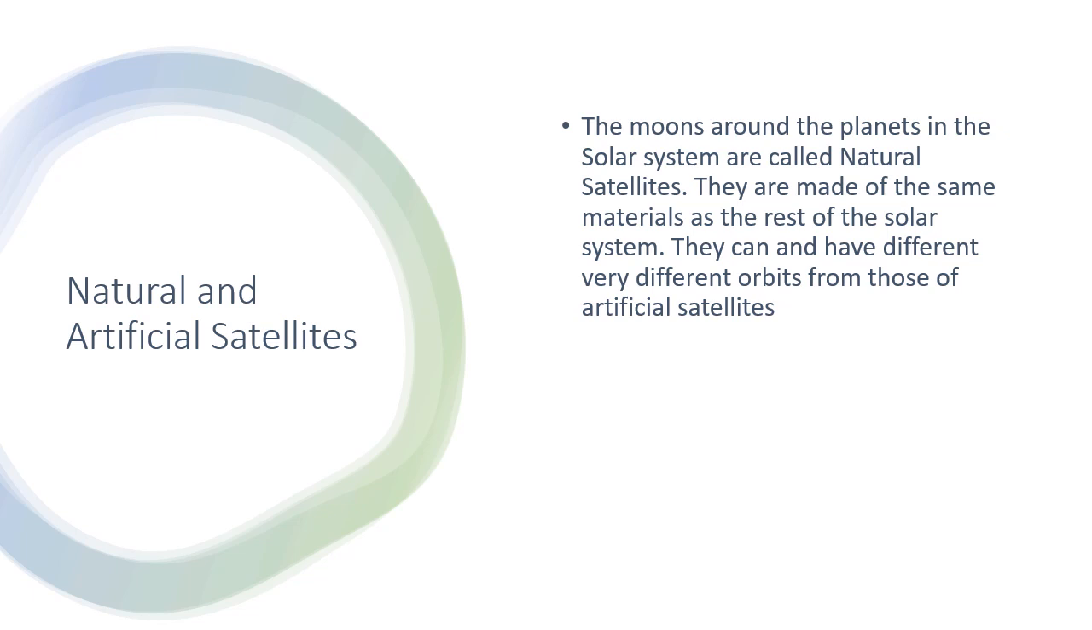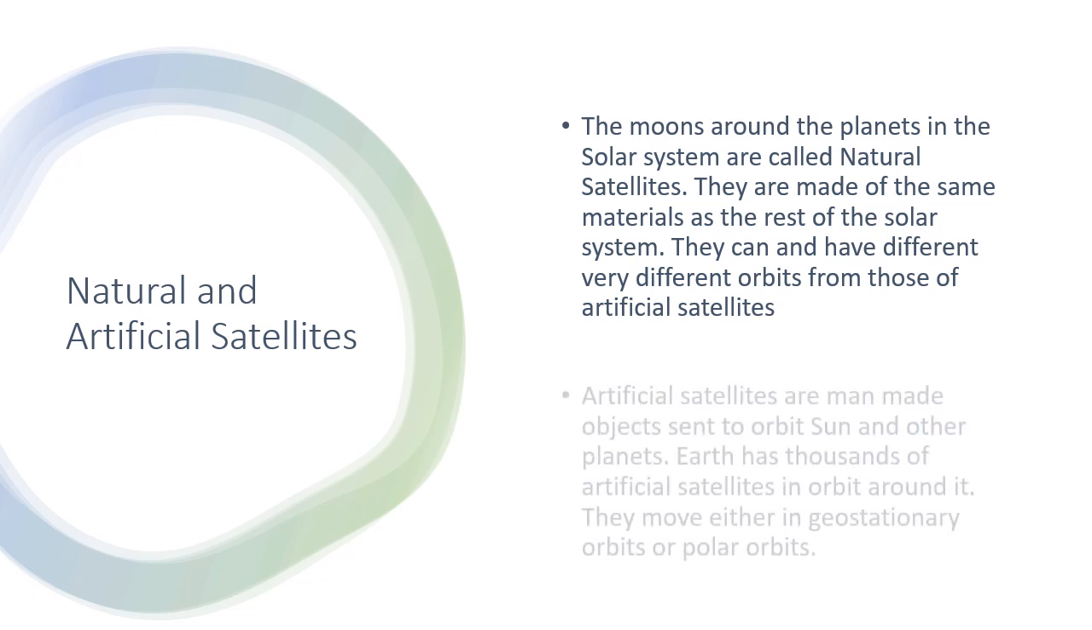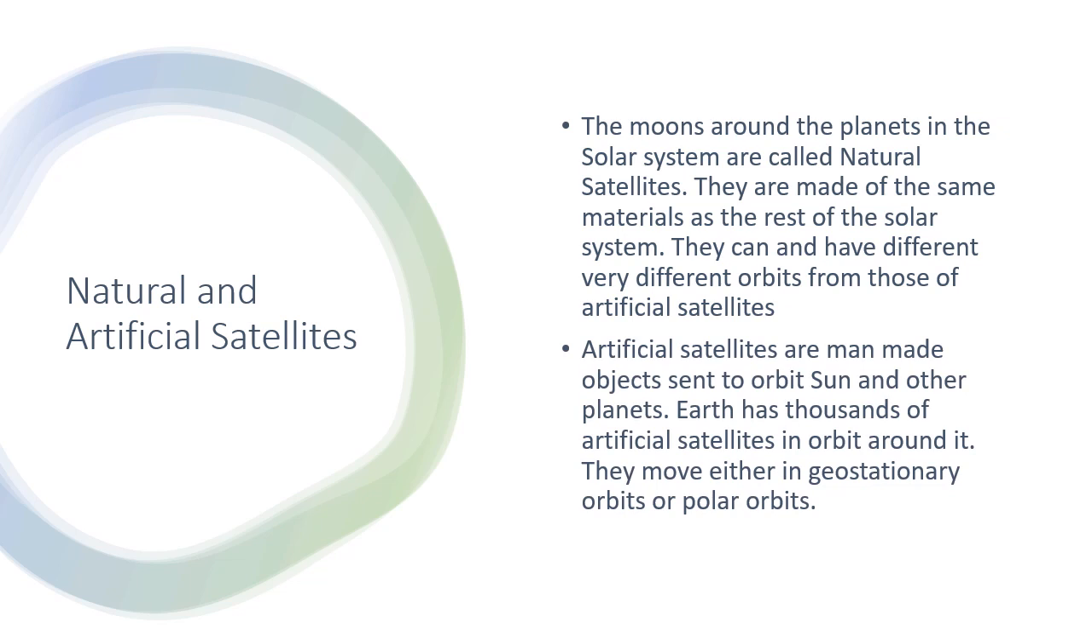Regarding natural satellites, all you need to know from the exam point of view is they are objects that are revolving around the planets, and they are made of the same material as the rest of the solar system. Now, how they are moving around the planets, we will come back to that once we do artificial satellites. So the natural satellites are already present in the solar system. We didn't do anything there. But when we come to artificial satellites,